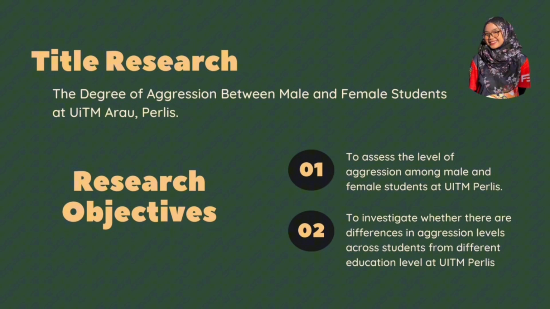So the title of the research itself is the degree of aggression between male and female students at UiTM Arau Perlis. The research objective is to assess the level of aggression among male and female students at UiTM Perlis. The second one is to investigate whether there are differences in aggression levels across students from different education levels at UiTM